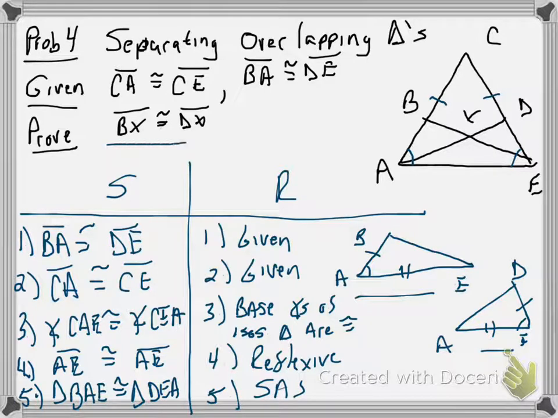Well, again, remember what I'm trying to prove. I'm trying to prove BX is congruent to DX. Well, BX is here. Let me use a different color. BX is here and DX is here. What triangles are those parts of? Those sides are part of triangle BAX, and if we look at it like this, let's